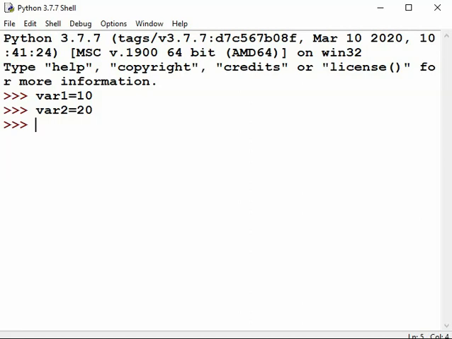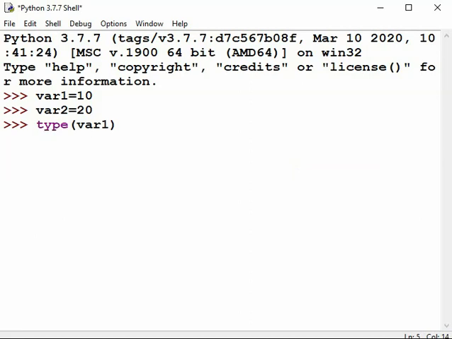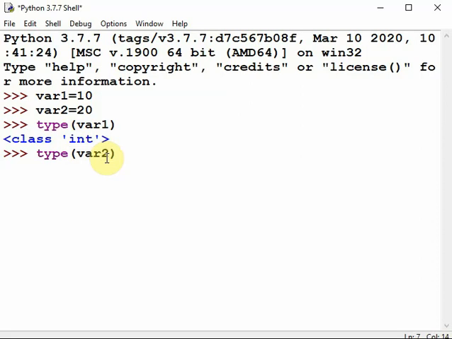You have to use the built-in function type, variable 1, bracket complete, and press the enter key. You can see this is int, meaning this is a variable of type integer. Type variable 2, bracket complete, enter, integer type.